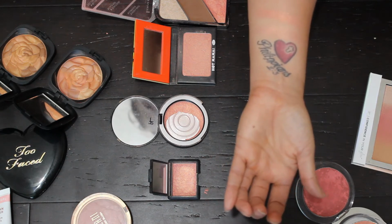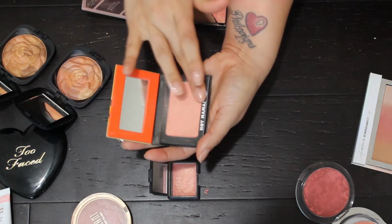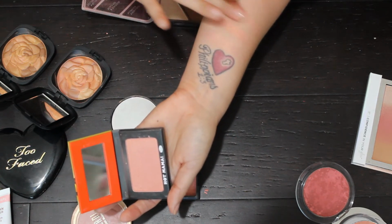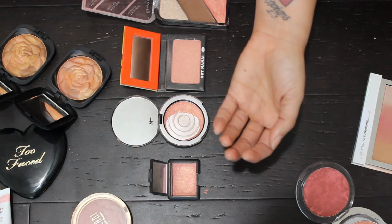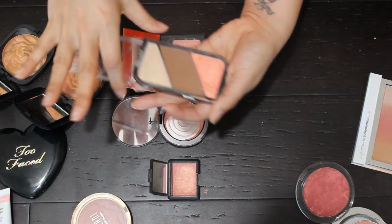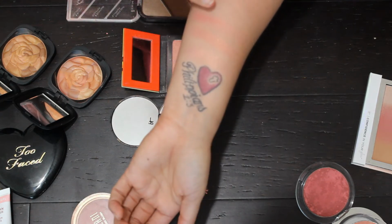I'm gonna wipe my hands. Then we have the Balm's Hot Mama. And then the cheapest one, which is this one from Rimmel London, which I'm not sure if it's still available or not, but